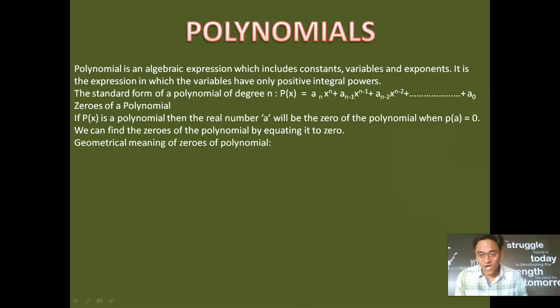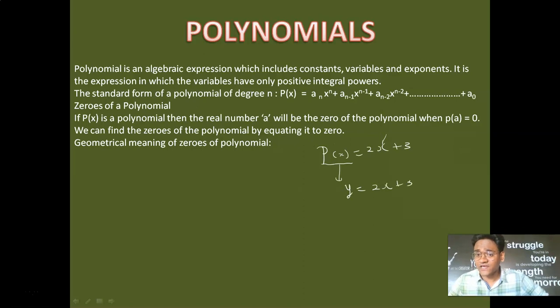Now we will make the graph of a polynomial. How to make the graph of the polynomial? It's very simple. Suppose p(x) is 2x plus 3. Again, I have taken an example of a linear polynomial. Now students, if I consider this variable x on the x-axis, and this p(x), because as x changes, p(x) will change, and if I denote the values of this p(x) on the y-axis, or I can replace this p(x) as y also.